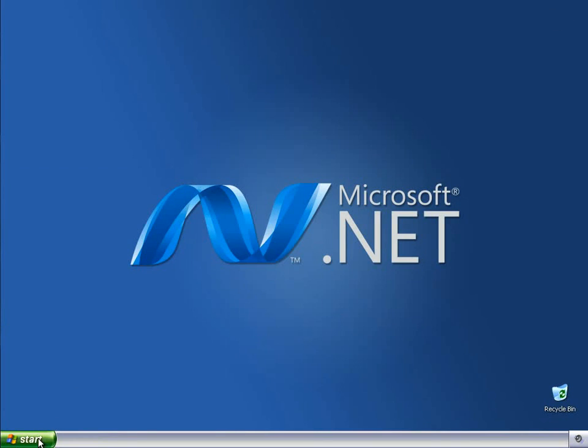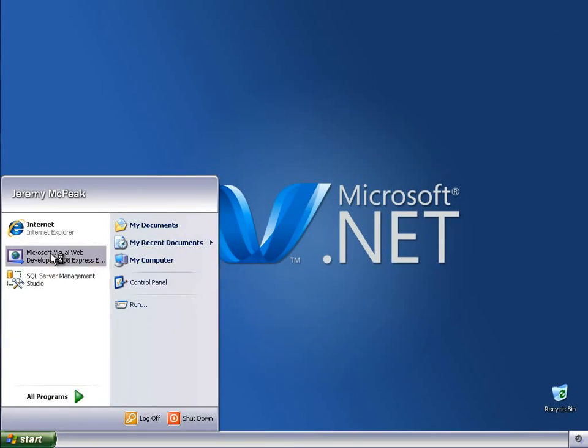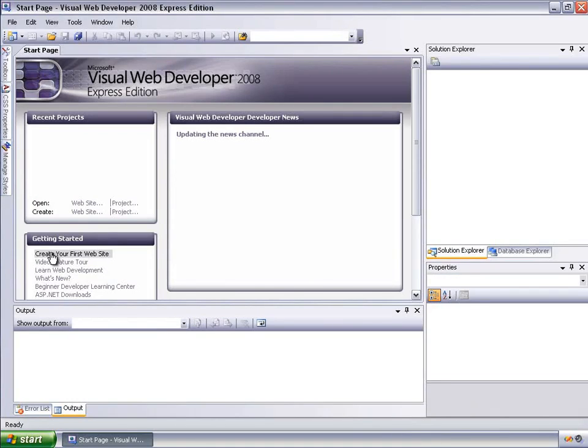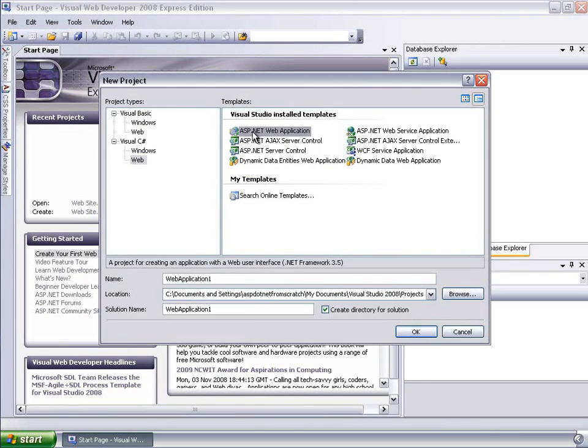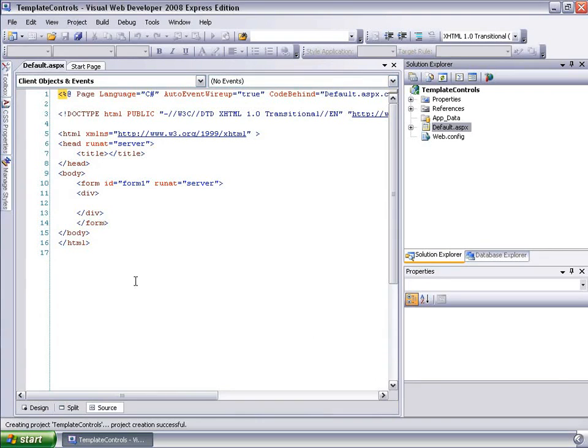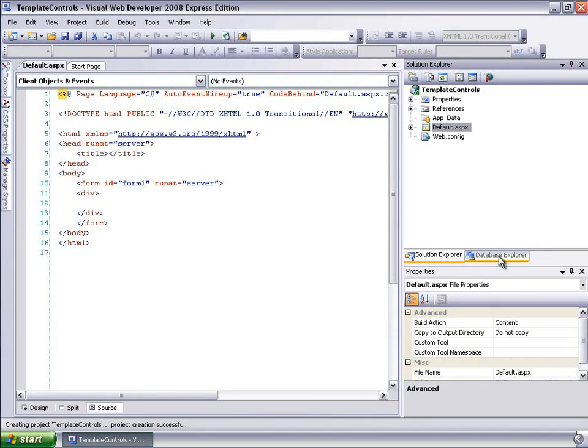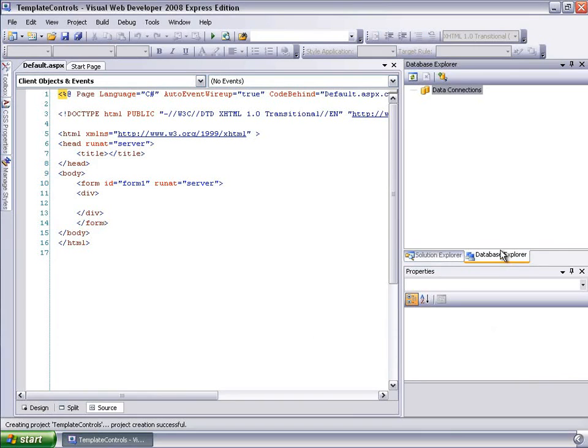And then we will get started with Visual Web Developer Express. I'm going to create a new project, so I'm going to go to File and then New Project. I'm going to make sure that ASP.NET Web Application is selected, and I'm going to call this project Template Controls. And before I can do anything, I need to go over to the Database Explorer because we're going to add a connection to